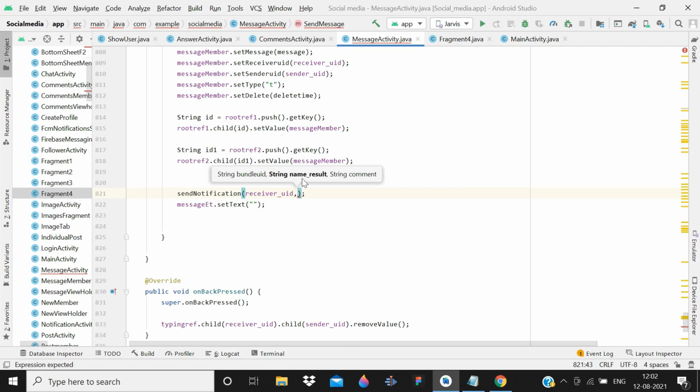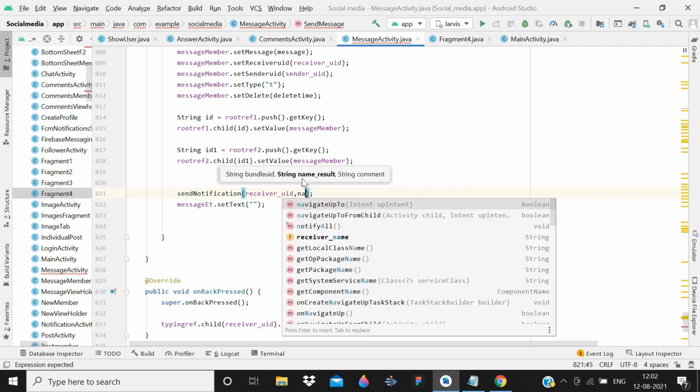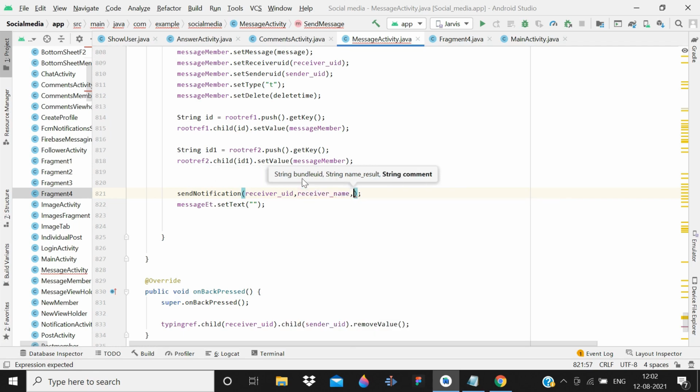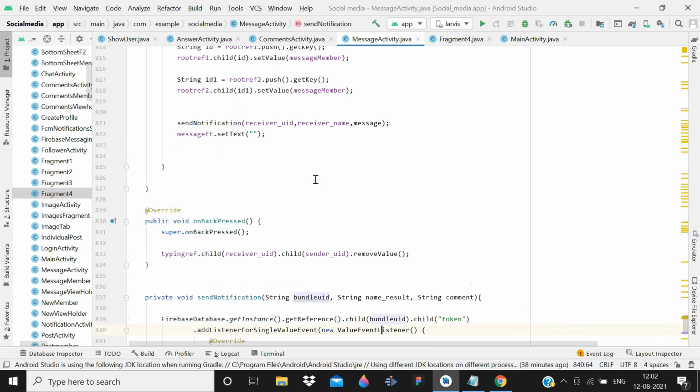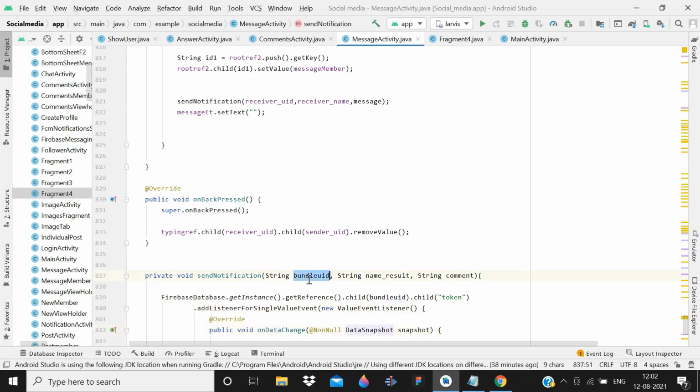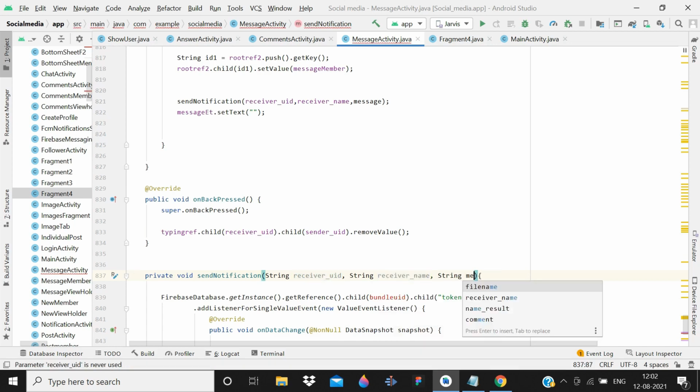Then after this, name, receiver name. Then after this, message. Yes. So after this, receiver UID, receiver name, and receiver message.